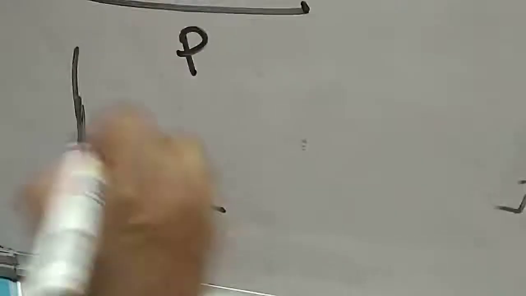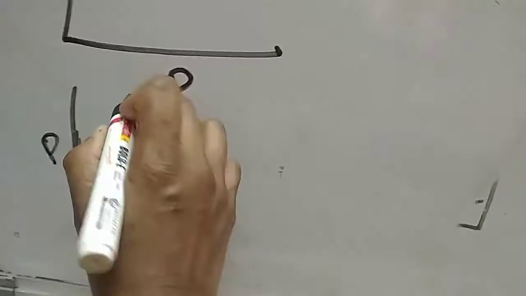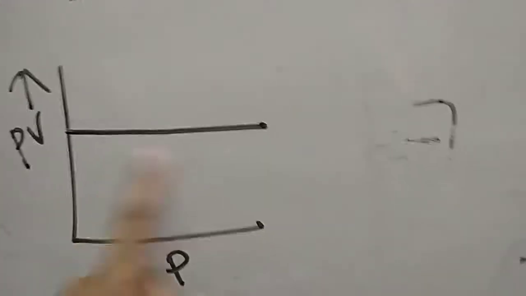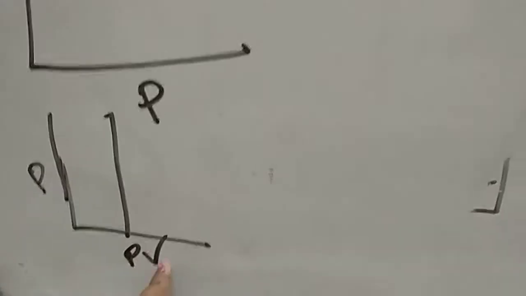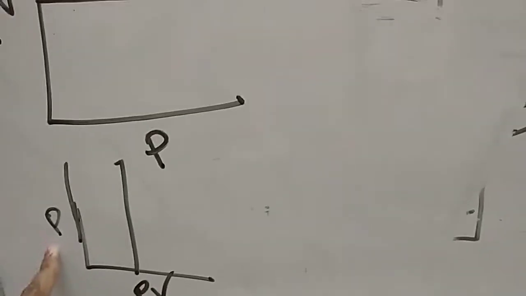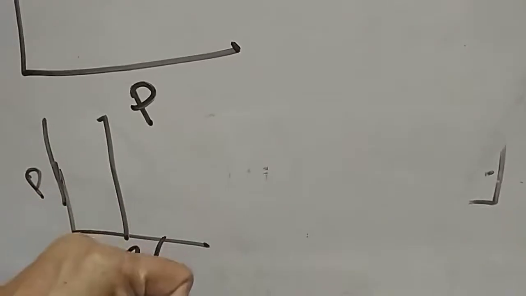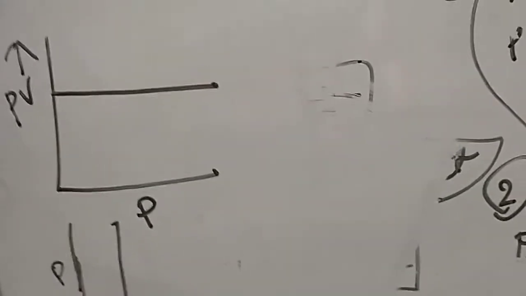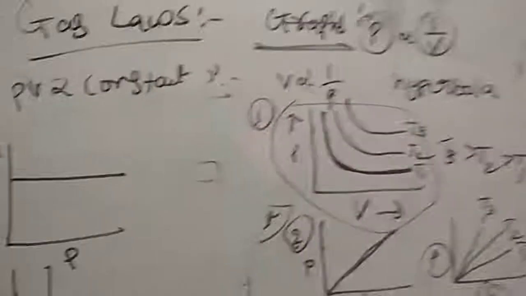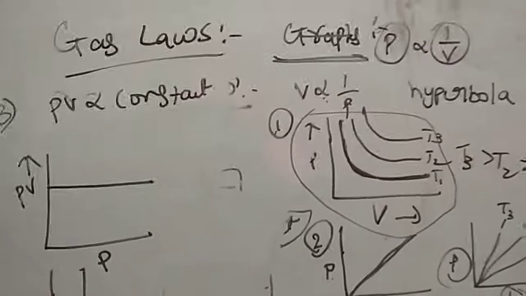You may get a doubt. If I am taking PV here, P here, then you will get the graph like this. Because even if you are increasing the pressure, there is no change in PV because PV is constant. That's why you will get the graph like this. If you are taking PV and P, if you are increasing or decreasing the P, there is no change in PV. So these are the three graphs. Two more graphs are also there, I will explain. Graphs are very easy and very important also.